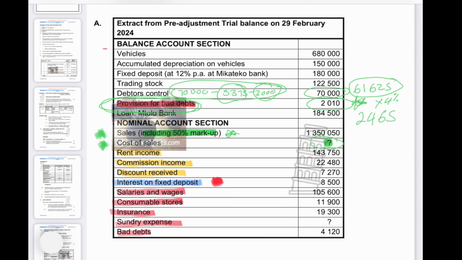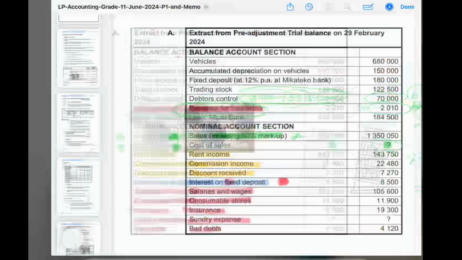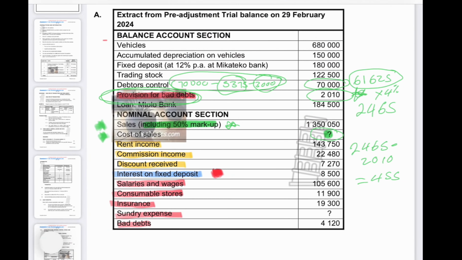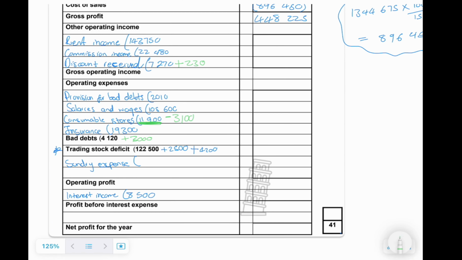So now what is the difference? You're just going to say 2,465 minus 2010, and you get the difference. It would be 455. So this is the difference that you have to account for. So in the beginning of the year, we expected not to get 2010 from our debtors, but actually we did not get back 2,465, which means the difference should be added to the expense. So you say 210